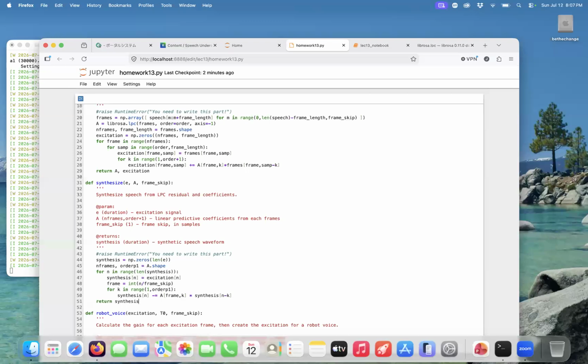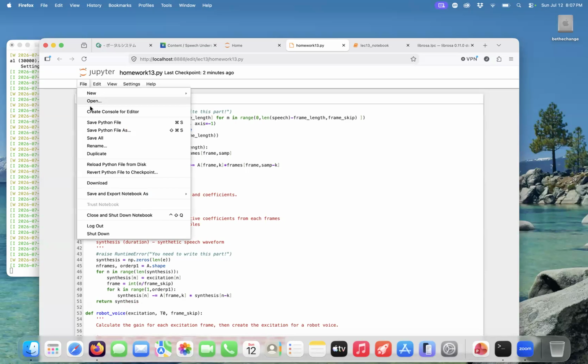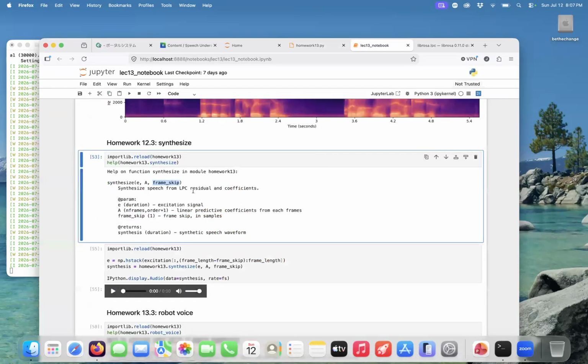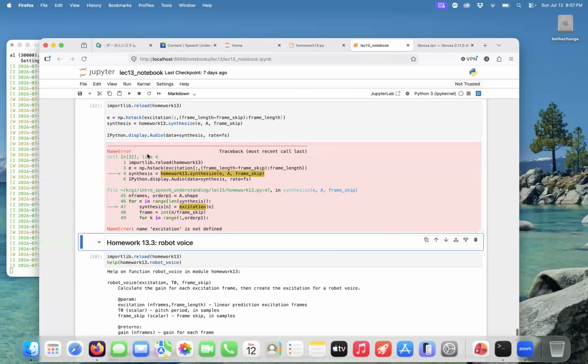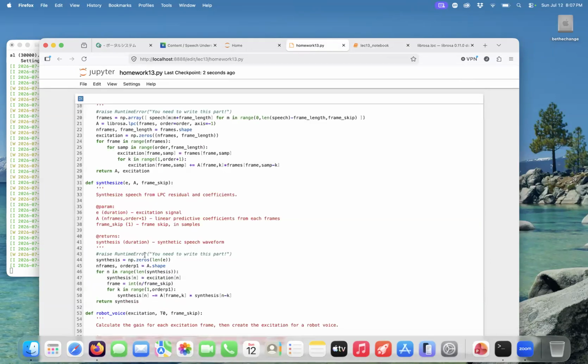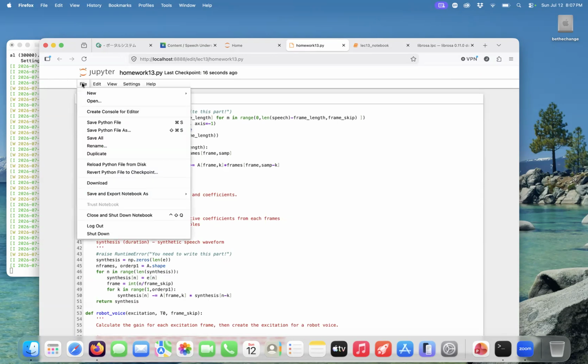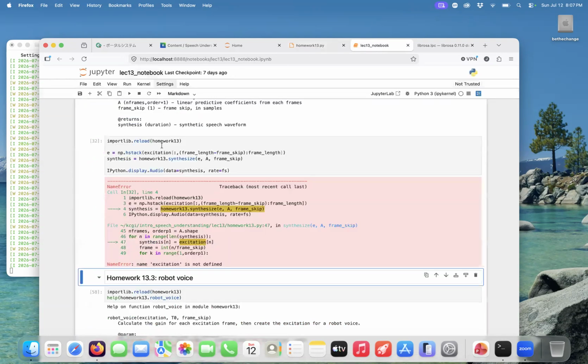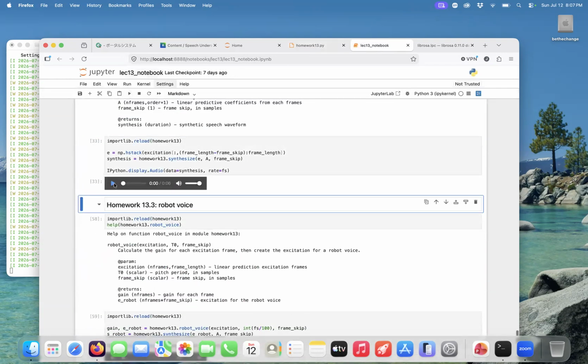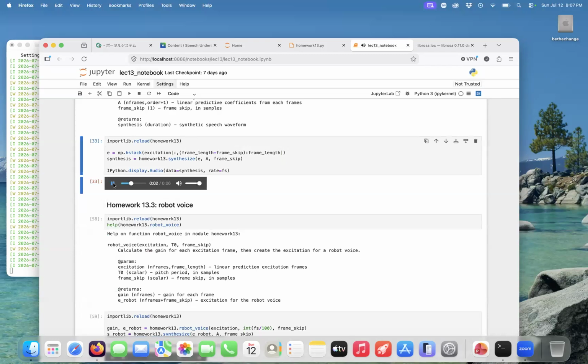Let's return that synthesized signal and see if that gives us the signal that we want. Excitation was not defined. Oh, because I called it E. I think that's the only place that's used. This is a speech waveform. Great, so we're able to resynthesize the speech signal exactly as it was to begin with by taking this